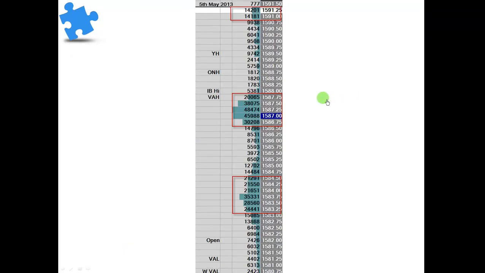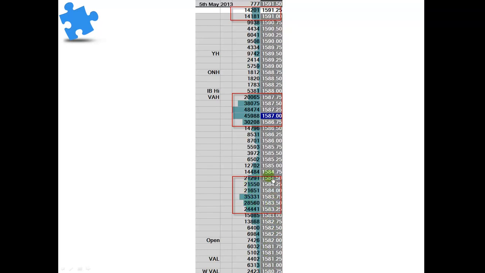Okay, so I talked a few minutes ago about something called price acceptance. And this slide shows a typical day, typical opening move on the ES. We opened at 1582. We obviously took a little look down to the bottom. We went down through yesterday's value area to the weekly value low, tested that. Market didn't want to go down any further. And as it moves up, people are going to see that we've rejected that area and actually start to buy. And what we can see is as we move up,